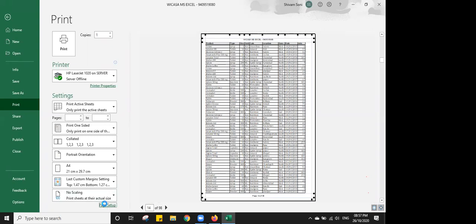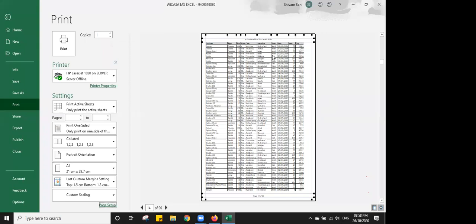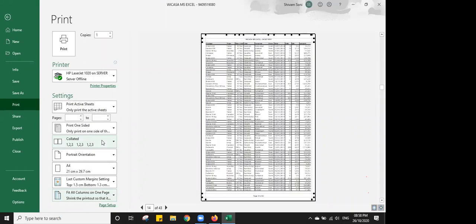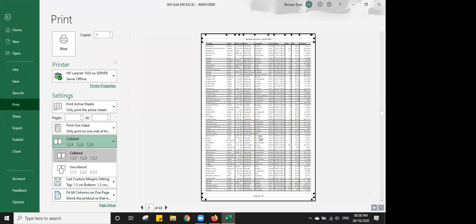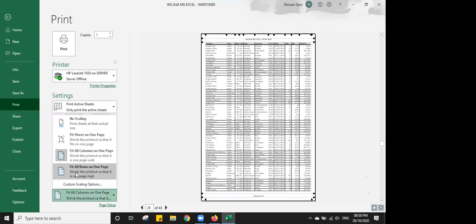You can use page setup over here. Suppose I want to decrease my size. You can adjust it to 90% of the original size. Click OK, then you can see that all my data is going to come up in this. You can click on here, custom scaling. You can fit all columns in one page. On clicking this, all columns in one page, you can see my product type, size, and till my amount. All my pages get converted into one. All my columns get converted into one sheet. And on clicking fit all rows into one page, my 100 rows get printed into one page only.